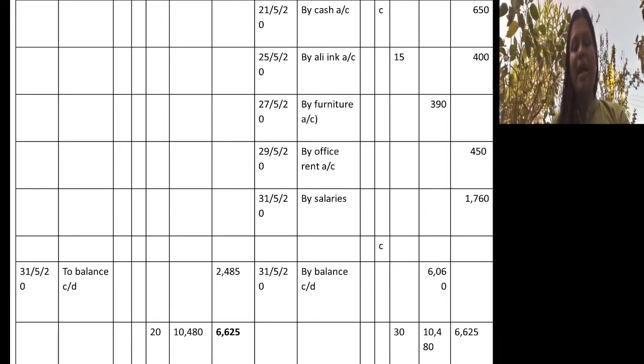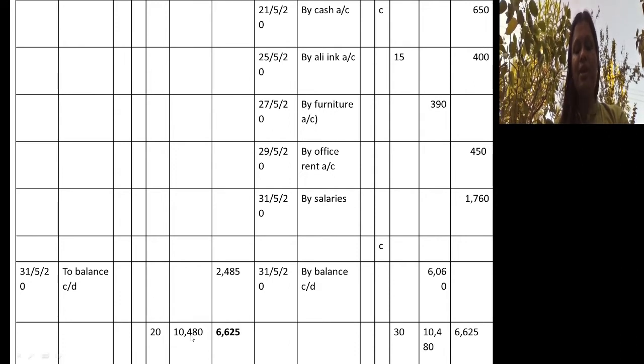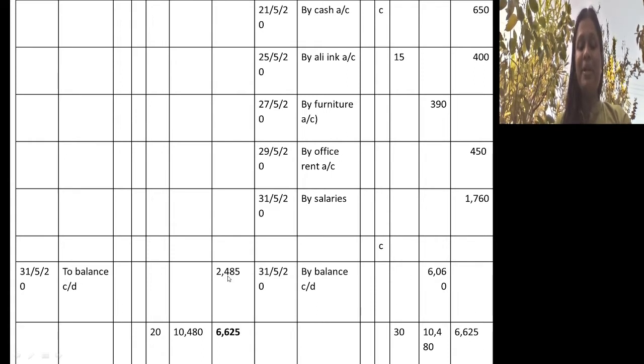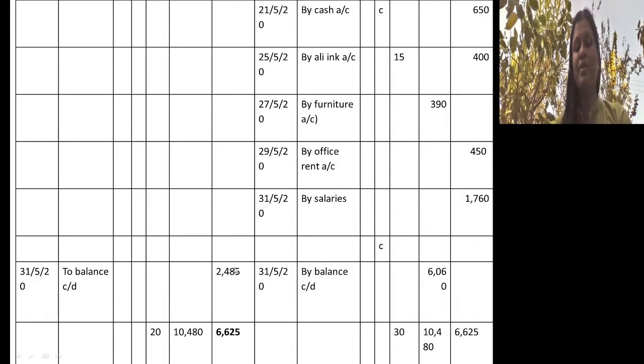So now we have to balance the account. When we balance it, we have to calculate the total. I calculated the total of the cash column on the debit side and credit side. There is a shortage on the credit side, meaning receipts are more than the payments. So the balance that appears in the cash column is a debit balance or plus balance, meaning cash in hand. When I calculated the total of the bank column, the total on the credit side is more than the debit side. So there is a difference which appears on which side? Debit side. Sorry, this balance is a credit balance, also known as minus balance, also known as bank overdraft, 2485.